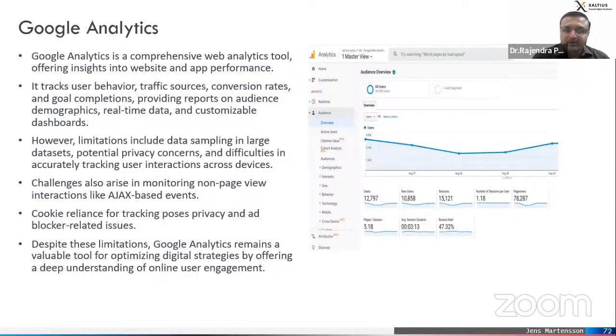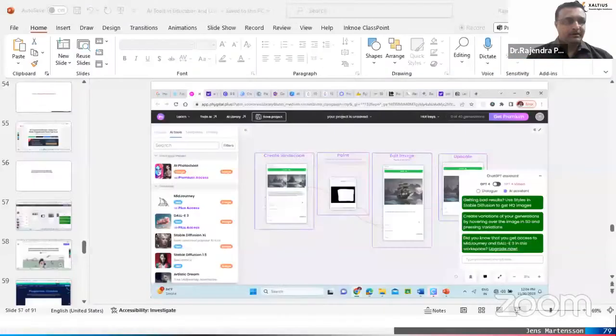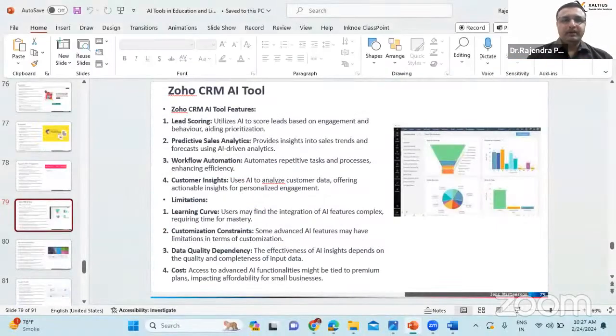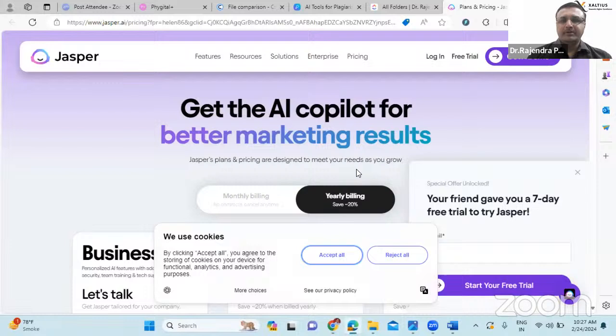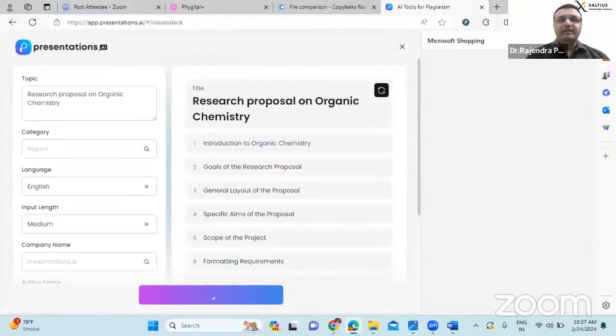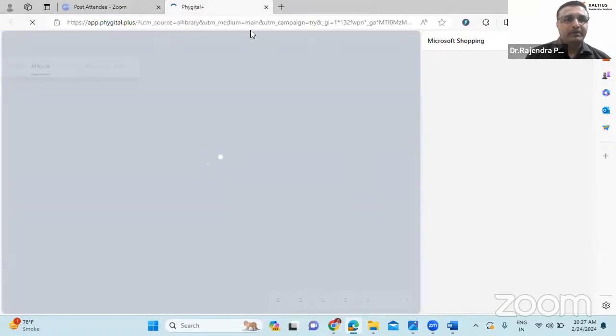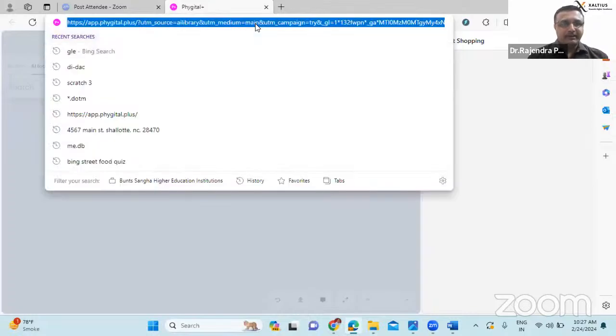Not only that, you can also check or use these tools. Now I'll be just closing this PowerPoint because I want to show you many other things. Just a moment. I'll take you to Google Bard and how you can use Google Bard now for doing the research and getting the data. I'm just coming out of it. Hope you all can see my screen.